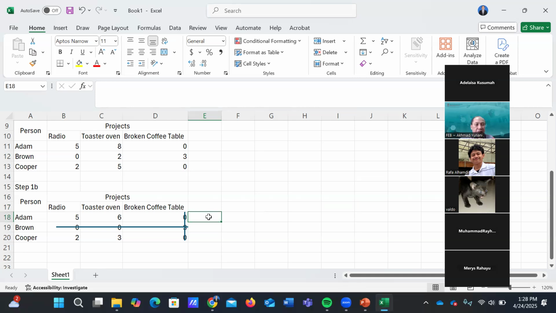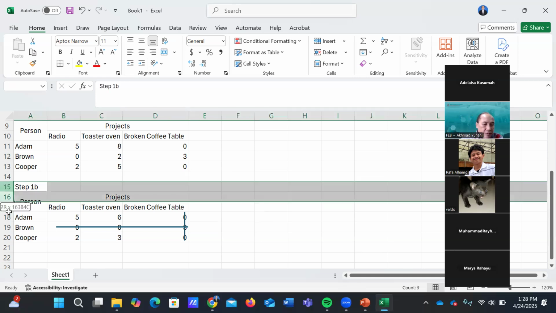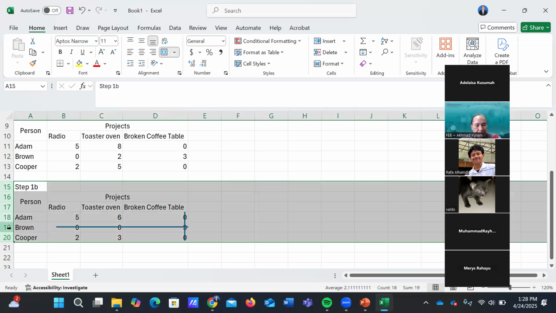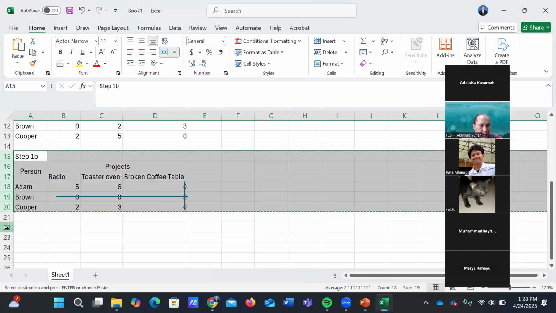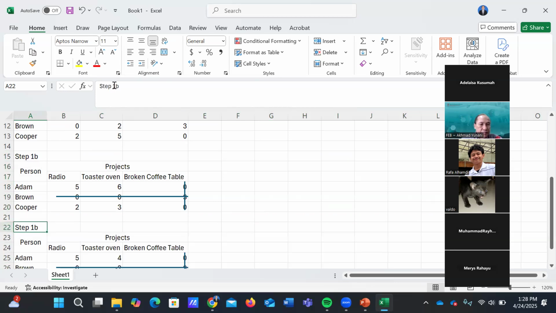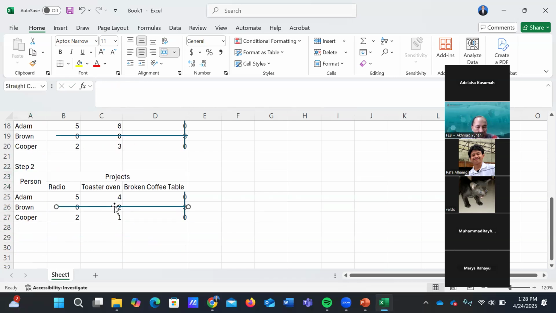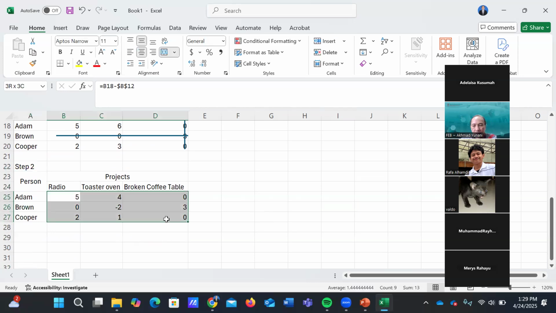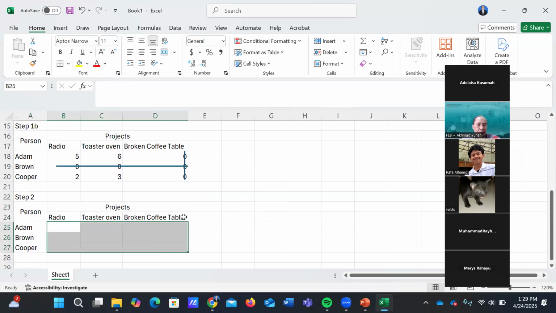Repeat the step. We enter the second step. Just copy it, put here. Step 2. Clear it first. So how many cells do we have that are not covered by the line?